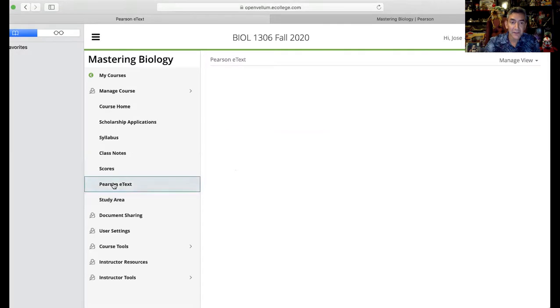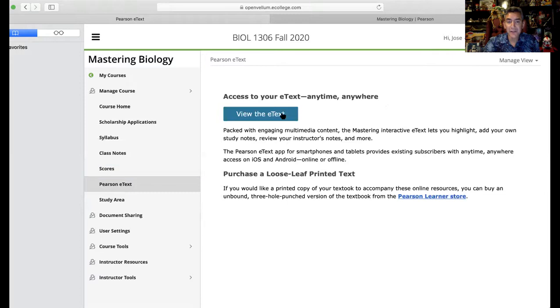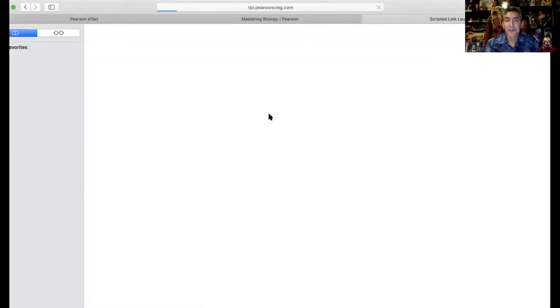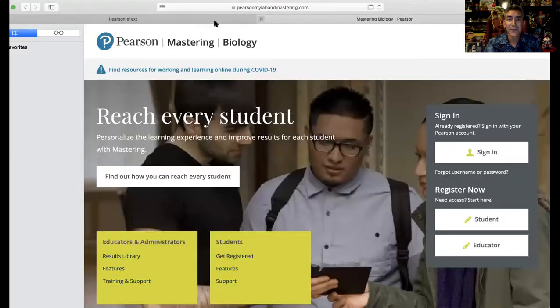The e-text, which I don't think I'm going to have access to from this end, but the e-text is, you would click here. And I would be surprised if it gives me access through this sort of view, but that's where you would address your e-text. And the e-text is basically everything. It's the book. It's the full 1306, 1307 sort of site. Yeah, so this little temporary access that I'm trying to get through here is not giving me all the stuff here, but